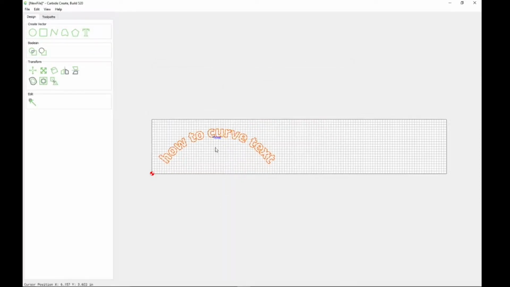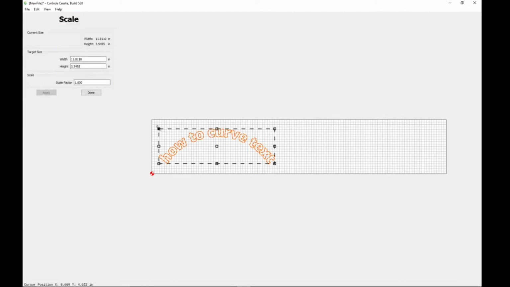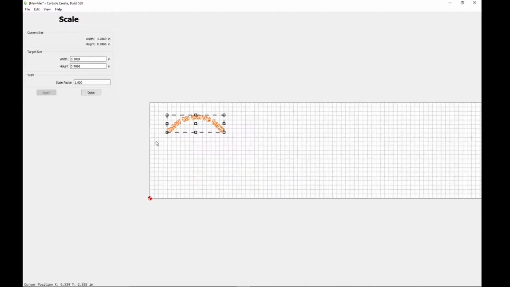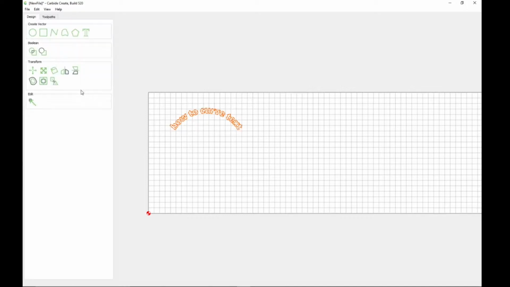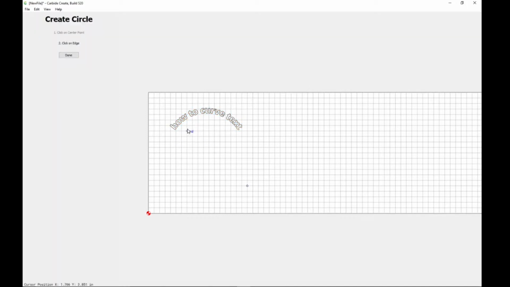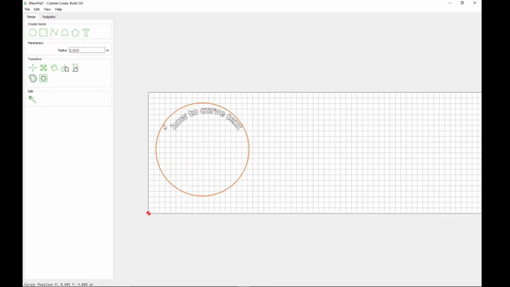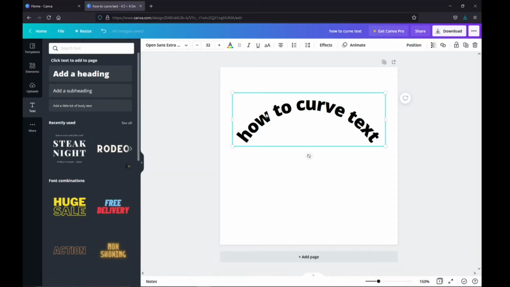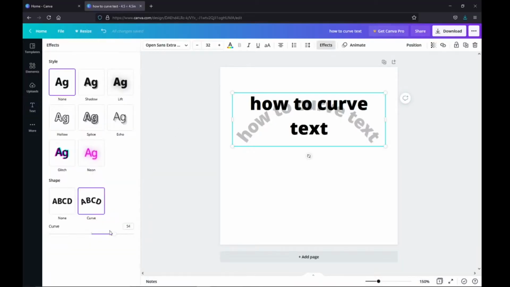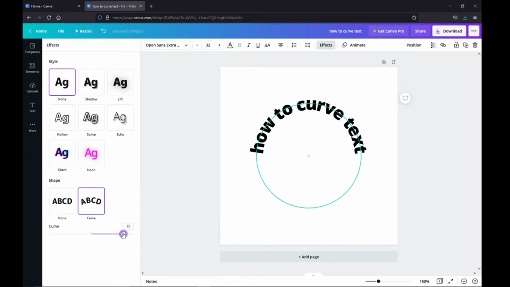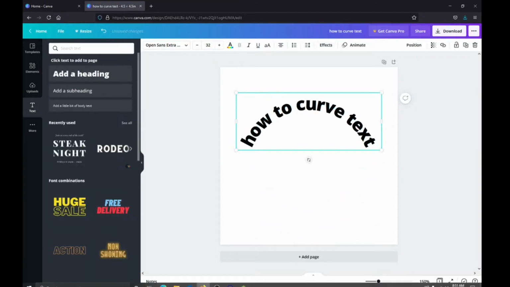And then obviously if you don't like the way it's curved, well, first scale it down to the size that you want it, right? So I was making coasters, so I had this out. So for example, we're going to make a quick little circle here. So that actually worked pretty well if I wanted to do it on the outside. But if you didn't like it, you would just go back to here, hit effects, change the curve however you wanted it to be, and just keep trying it, bring it back in, trace it, and